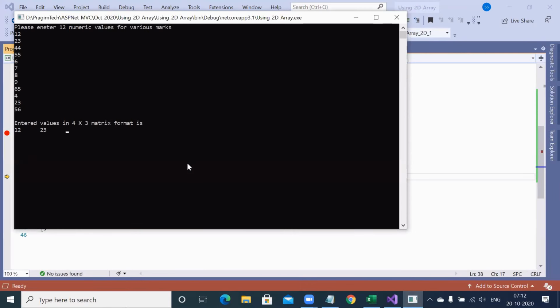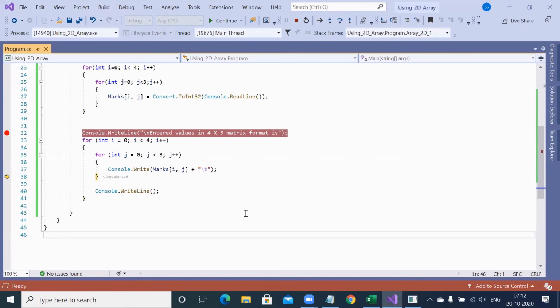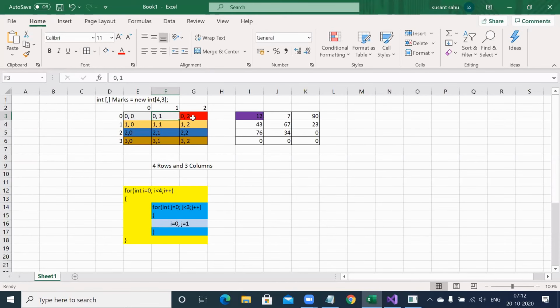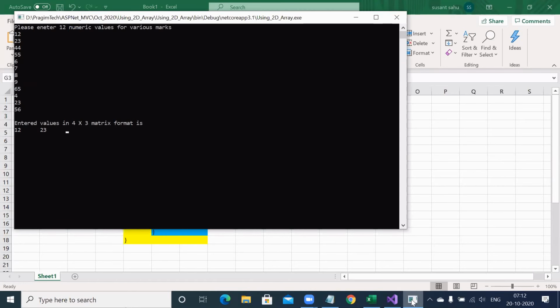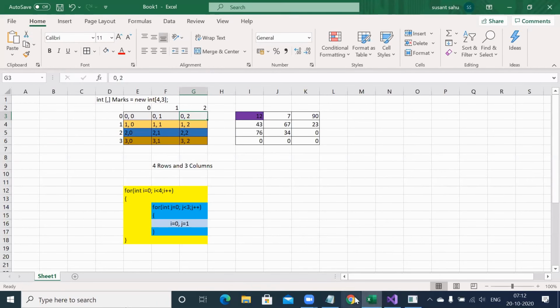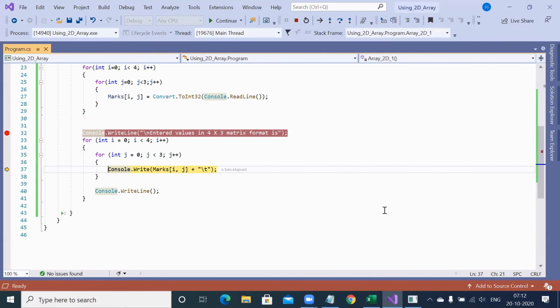Have a look. Parallelly see the output window. Where it will break the line, you see. It is still in the same line. Then again F10 means cursor went to J as 2, but I is still 0. That means I comma J means 0, 2. And 0, 2 means this red color position. I will make it now white. 0, 2. That means 44 in our case. It will come and display. Let's see whether it is doing that.